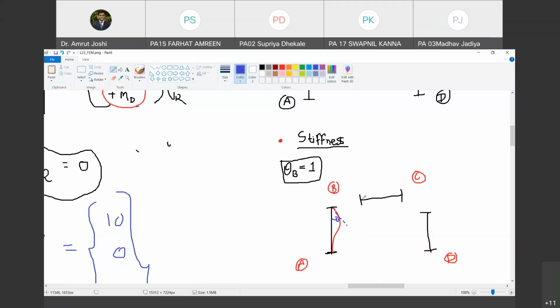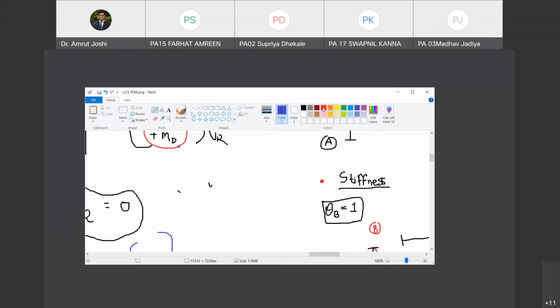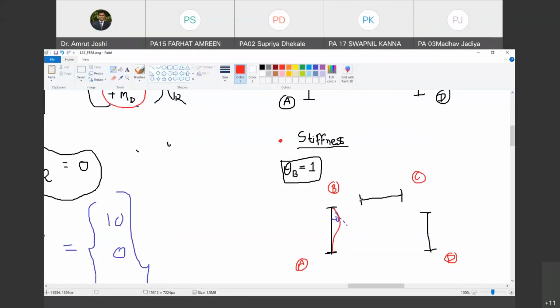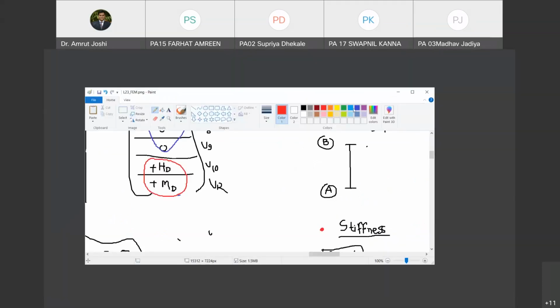Okay. Now at B, for beam BC as well, I will have to show the anti-clockwise rotation. Are you with me? Yes, sir. So how do I do that? So for that, this is anti-clockwise rotation. Let me draw the deformed shape.